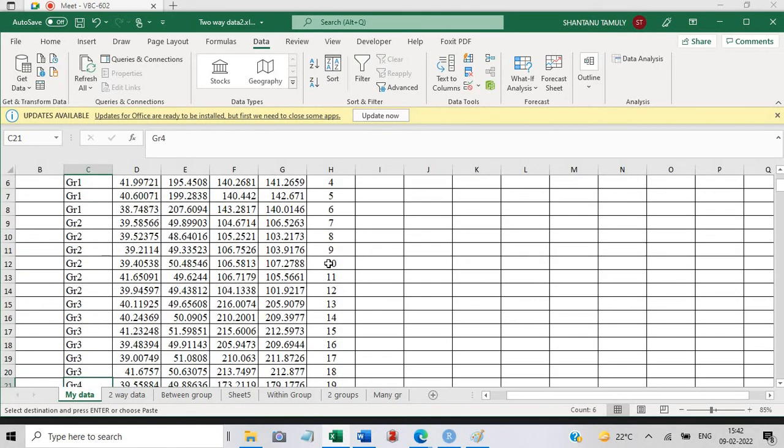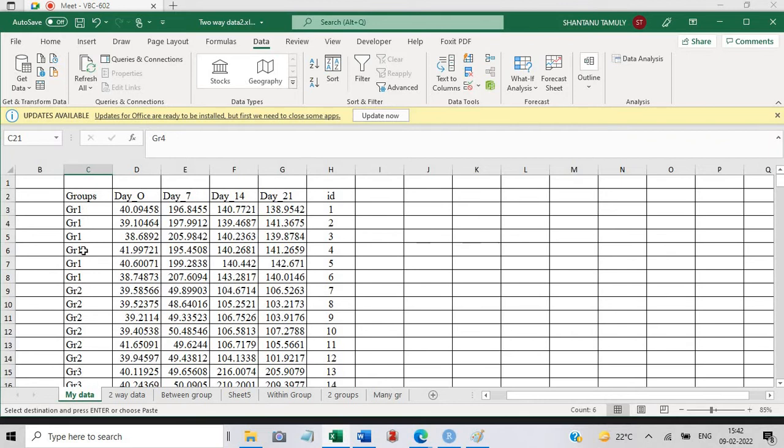You will have to write the names of the groups in a repeated manner this way. In this column you will write the names of the different times. And this is the ID, the animal ID. This is group 1, and you have given some ID to a particular animal. Here I put 1, 2, 3, 4. You can put any ID, but every number should be specific to one animal only.